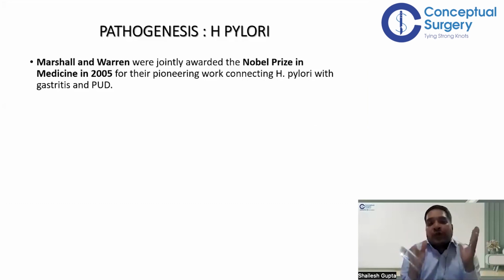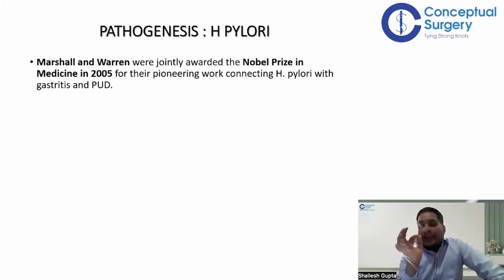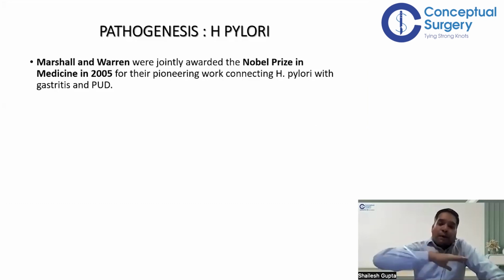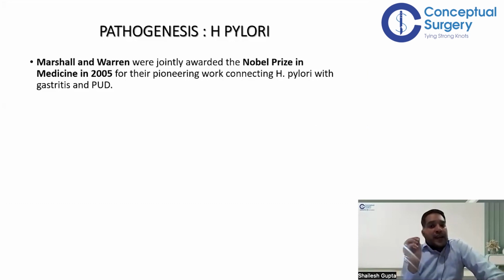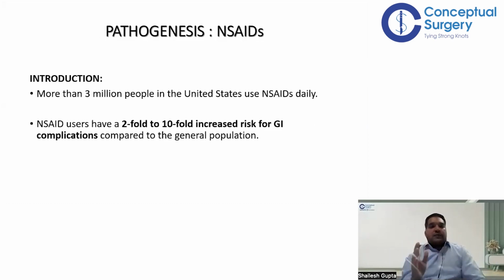So this is very important कि H. pylori इतना important topic है कि इस पे Marshall and Warren were jointly awarded the Nobel Prize not long before, in 2005, for their pioneering work connecting H. pylori with gastritis and PUD. So guys, जब से हमें पता चला कि H. pylori was a main culprit, इस पेप्टिक अल्सर डिसीज के एरिया में काफी चेंज हुआ है, राइट? सो H. pylori को A to Z पढ़ना बहुत इंपॉर्टेंट है हमारे MS एग्जाम के लिए, ऑल्सो फॉर NEET SS एग्जाम. So now we have discussed H. pylori pathogenesis in peptic ulcer. I'm going to discuss the next culprit, basically NSAIDs.